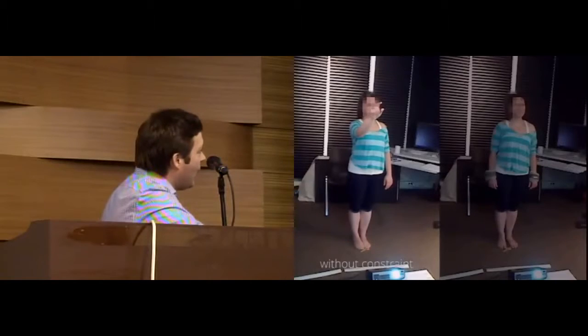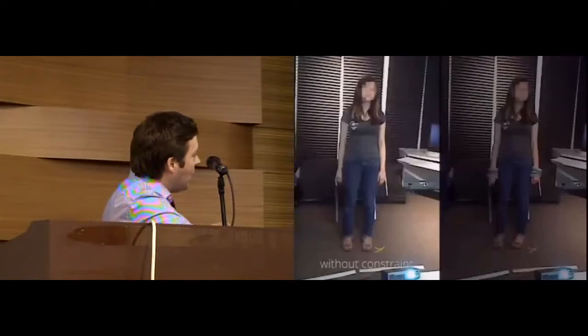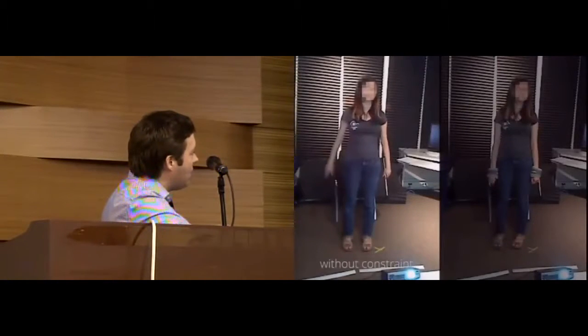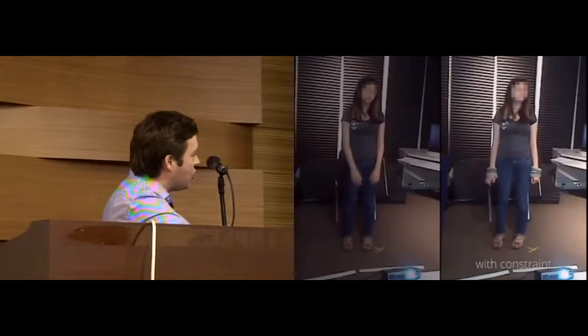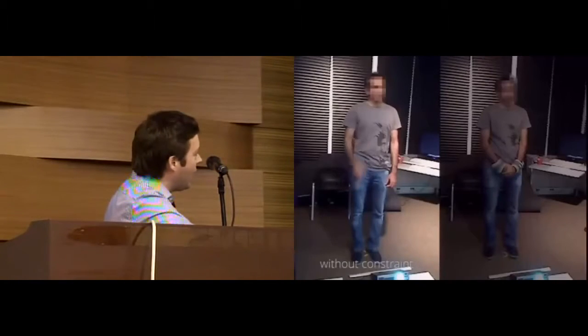So just to give you an idea of what their gestures look like, here's a participant performing a gesture, and you can see on the left the control condition, on the right the constraint condition, and you can see that the gesture shrank in size a little bit. Here's a gesture that shrank in size quite a bit more. Here's a gesture that was modified because of the scale of the gesture, so you can see it was quite subtle, just with one hand.